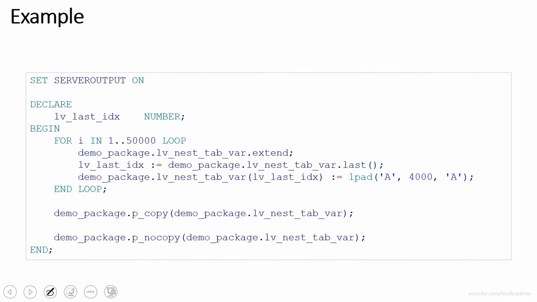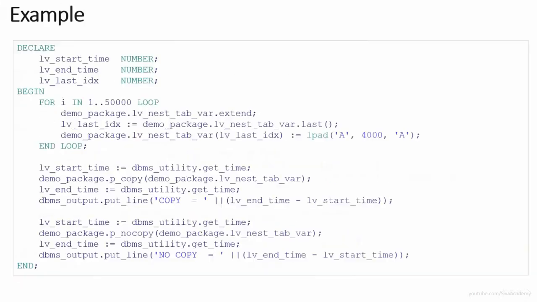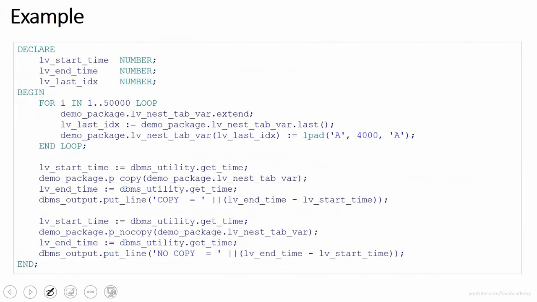So what I'm doing is that I'm creating a collection variable and loading it with like 50,000 elements, and I am passing the same collection into both these procedures. One procedure is a pass by reference method, and another procedure is the pass by value method. So to find the amount of time difference it is going to bring, I'm just going to take the start time and end time, exactly the same procedure, but before calling this procedure I'm capturing the time. Same way after calling the procedure I'm capturing the time. I'm just subtracting both and I'm printing here.